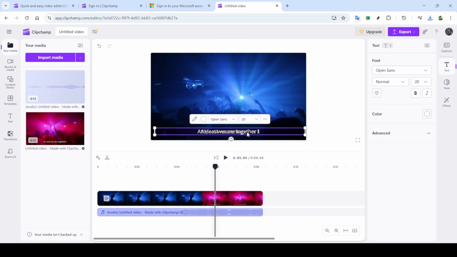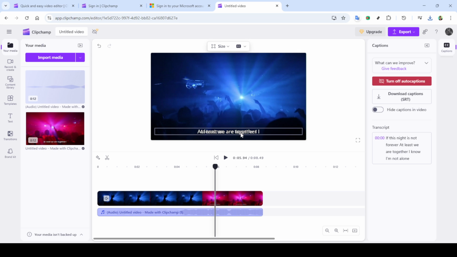And there you have it, you've successfully edited the subtitles in your Clipchamp video. This process not only enhances the clarity and engagement of your video content,